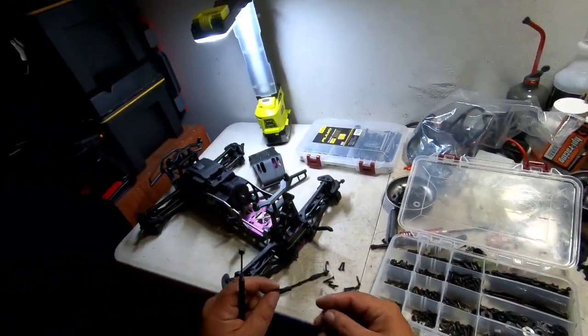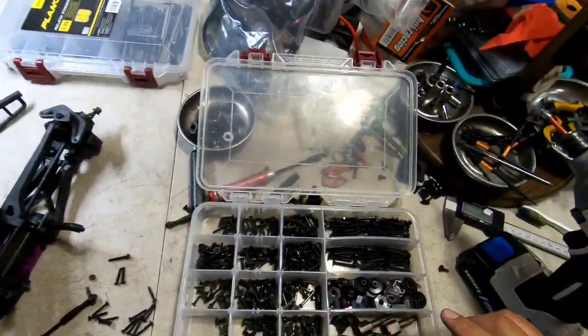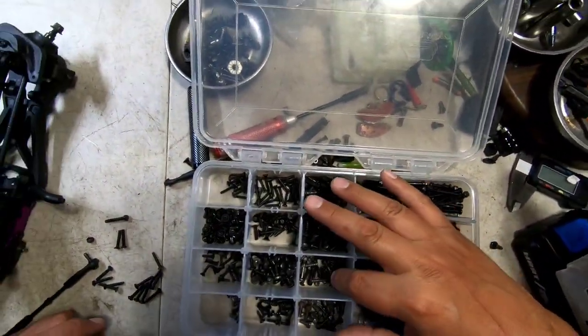These are the ones I want. You see how long that is? That's a big one right there. That's one that goes in there on both sides. And I don't...